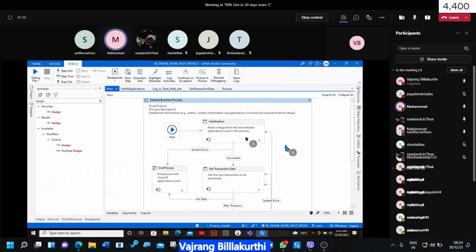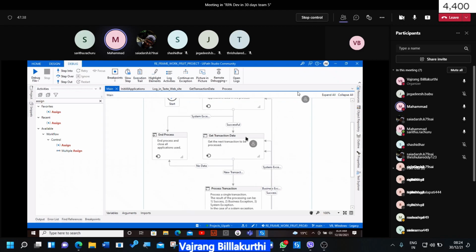See, the main goal of unattended mode is that there should not be any user interaction, but you should also tell the user why you actually implemented it as an attended bot in the first place. Why did you create that in attended mode?